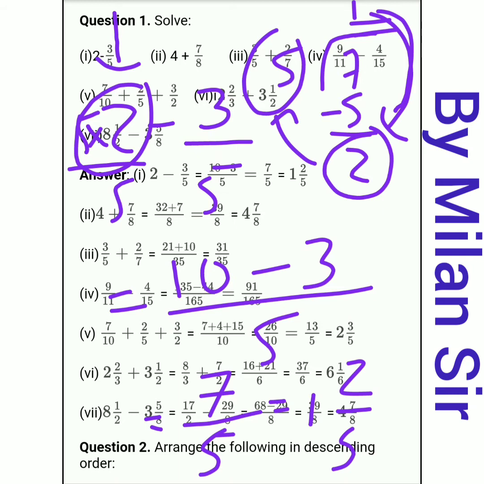In LCM we need to make our denominators equivalent. That's why I multiply and divide by 5 here. So we get denominator 5, and since we multiply and divide by 5, we do not change the equation, we just change its form. Because 5 and 5 cancel, the equation is as it is, but I just want to change its form. That's why I multiply and divide by 5 here.